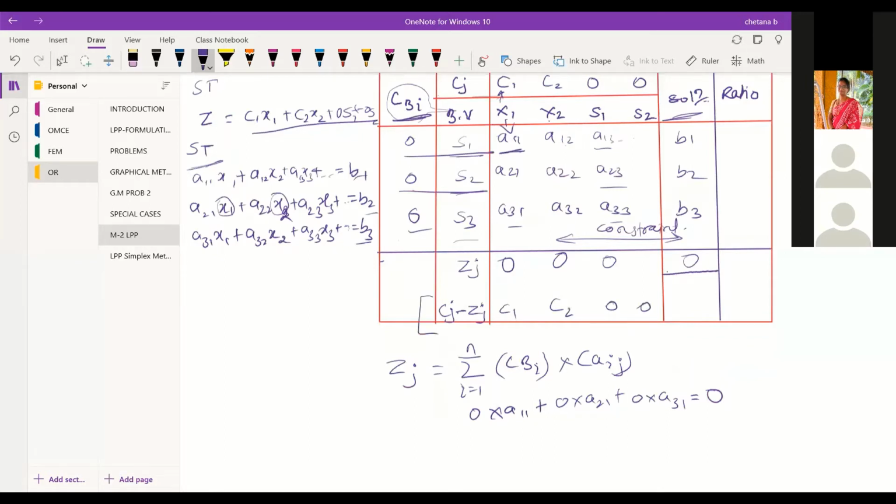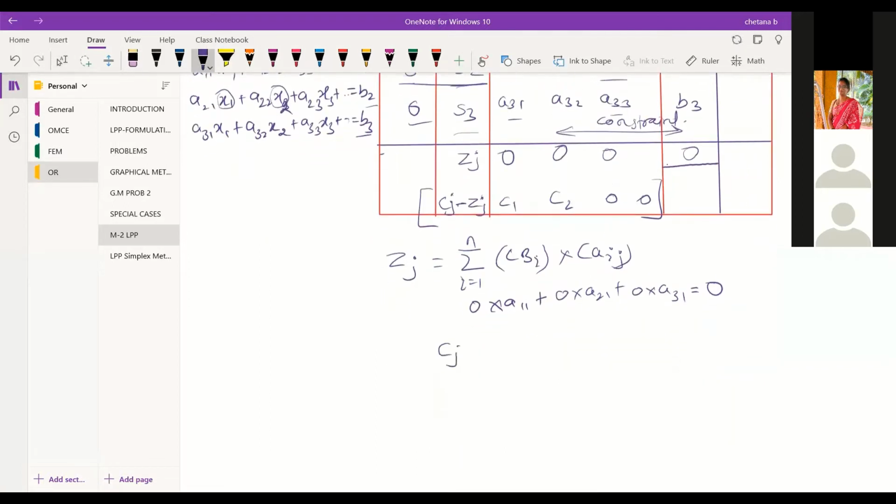Now this you need to see. This is the checkpoint. If your objective function is a maximization problem, and if Cj minus Zj is less than or equal to 0, then we say that we have got the optimal solution. If not, then you need to go to the next iteration.